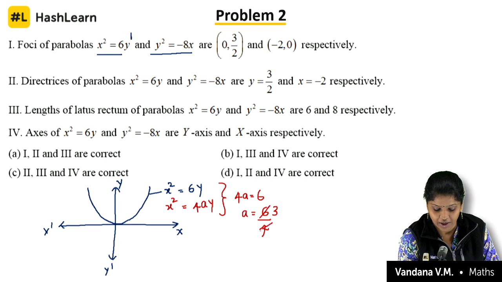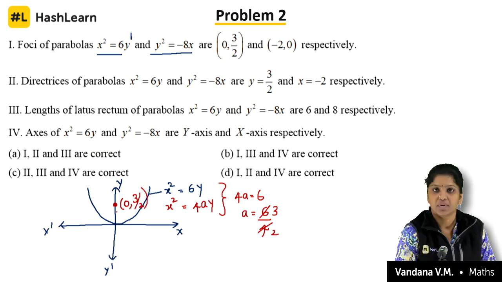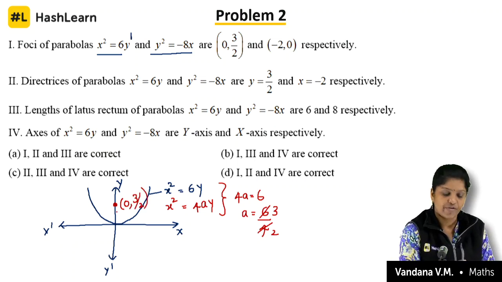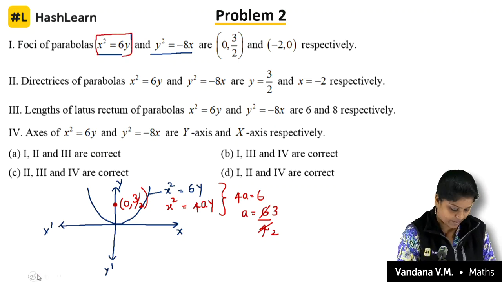2 3s are 6, 2 2s are 4, so a is 3 by 2. So, the point on that is the focus. How can I write? 0 comma 3 by 2. This is about the first parabola, x square is equal to 6y. Now,